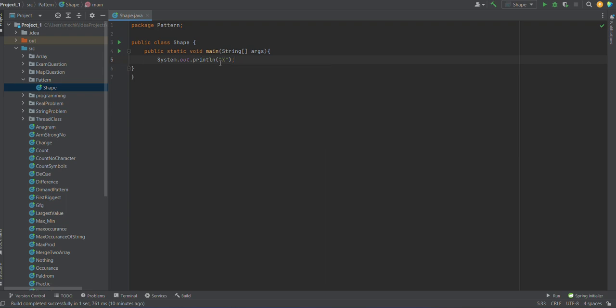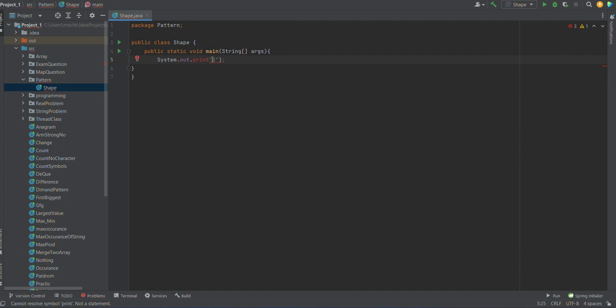Hello friends, today's topic is patterns. How to draw patterns is a big issue for any programmer. We can draw the patterns in a line or in a format with a block of patterns. How can we draw the patterns in a simple way? We can use the print method like this,